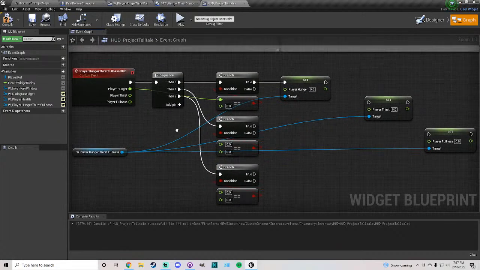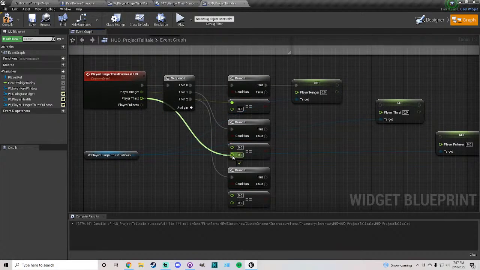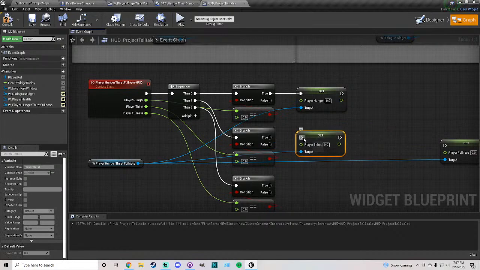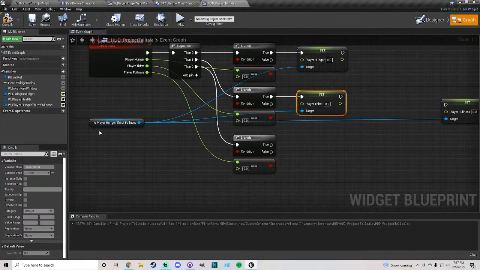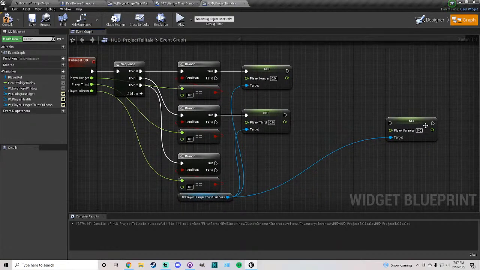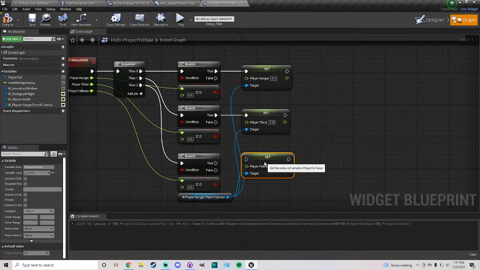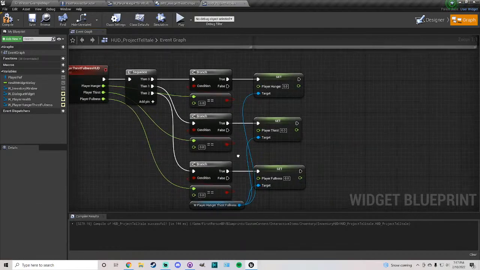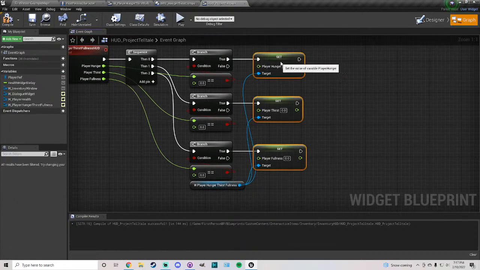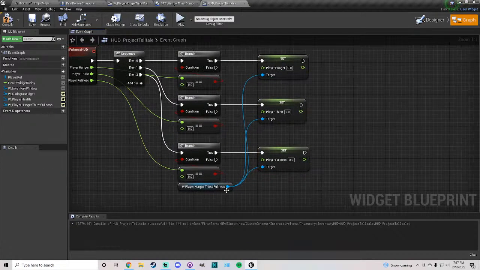So we're going to do this 3 different times. This way we won't have to run all of it or actually set these values if these basically are 0, because not every item is going to change all the different conditions on the player. All right. And then we're going to be not setting it to 0. We're going to be taking